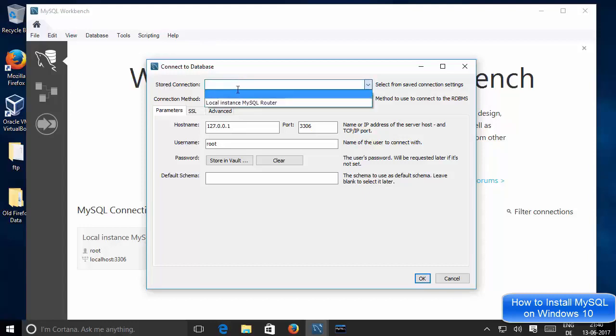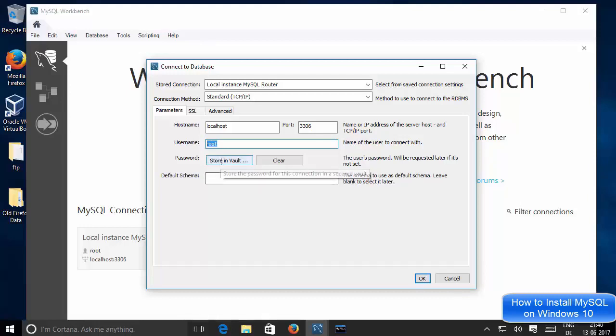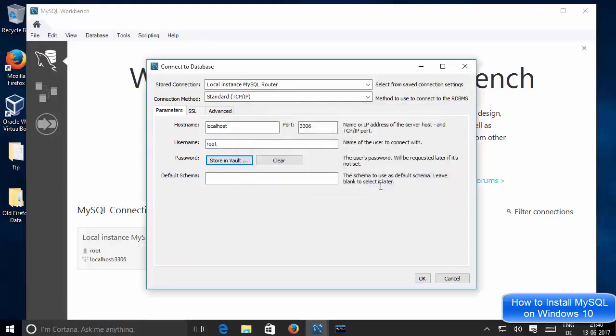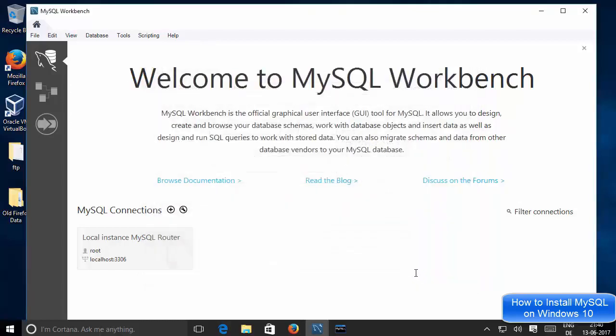So just select the one which you have, which is the local instance of MySQL Router, and then the host name is localhost, username is root, and password. So password, whatever I have set for my root username. So I will just give that password and then click OK. And once it's done, I can just click OK here, and it will connect to the MySQL server and show me all the options, right?